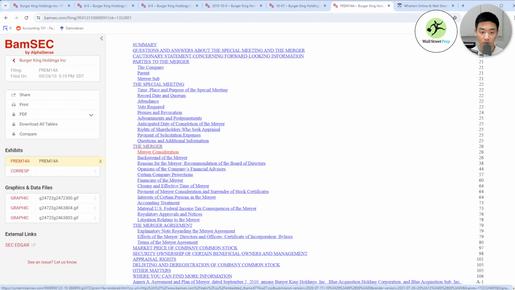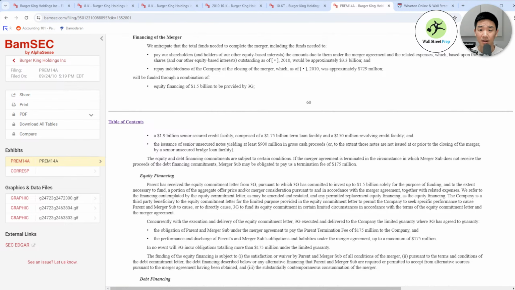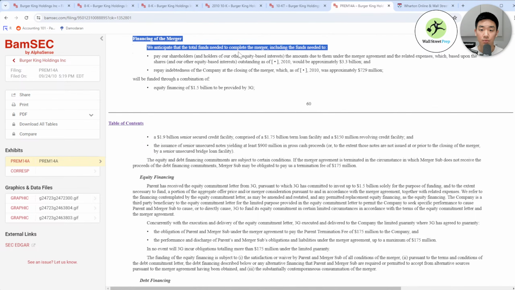Financing. It's either one of those two. Yeah, I think it's financing. All right, so yeah, this is what I'm looking for. You can see here